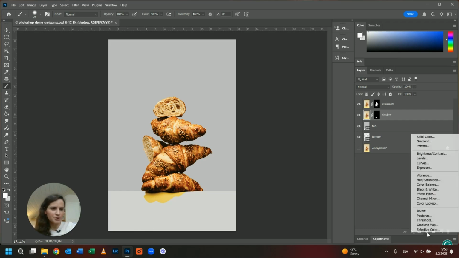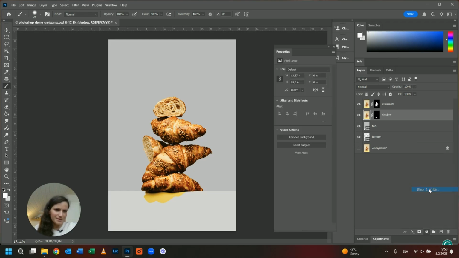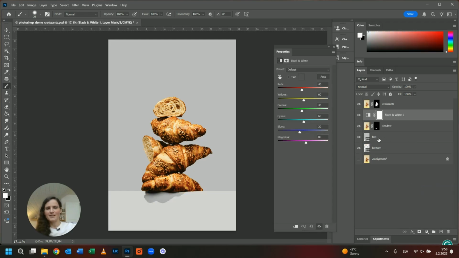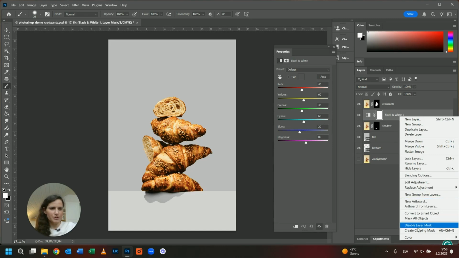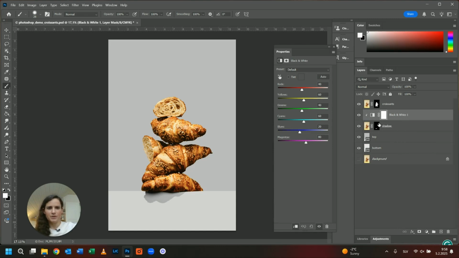So what I'll do is make it black and white. Where is it? Yeah, like this. And we can actually create a clipping mask so it only affects the shadow. Okay, so we have the basics here, and what we want to do now is colorize all of these